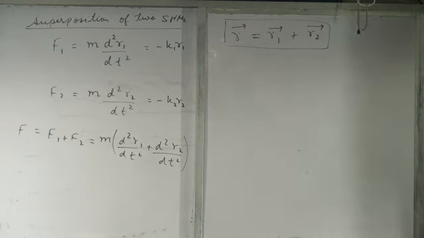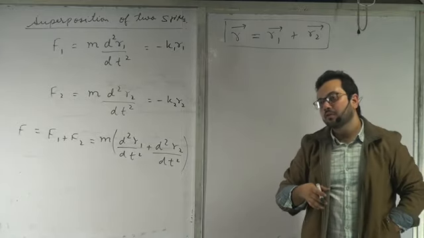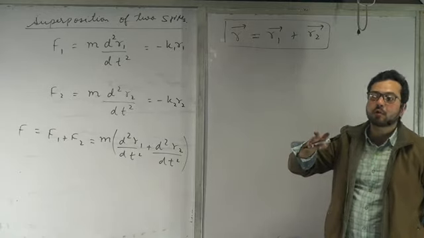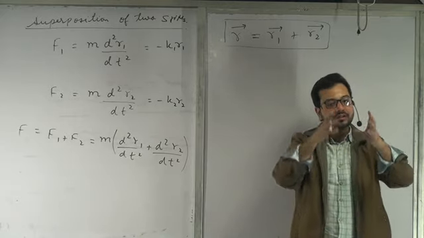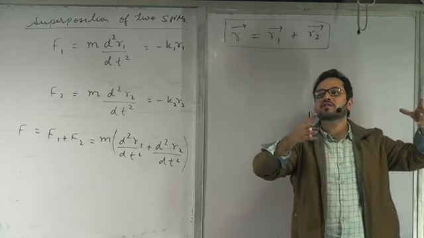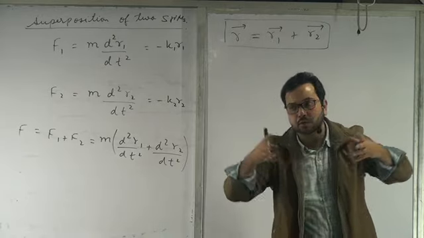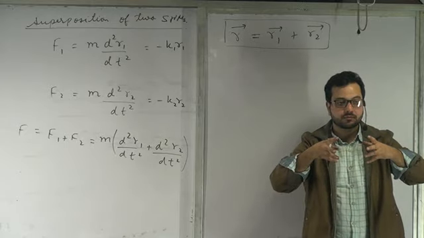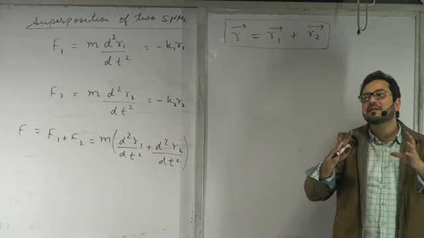So what do we observe here? We observe that if a particle is executing SHM on the influence of two or many forces, basically what we are talking about is a composition of SHM, or a superposition of SHM. So on the same particle there is one force which is making it oscillate, and there is another force which is also making it oscillate simultaneously. So in this case we are superimposing two SHMs, or we are adding two SHMs. Okay, so the resultant of these two SHMs, and we'll see that, will also be an SHM, but with a different